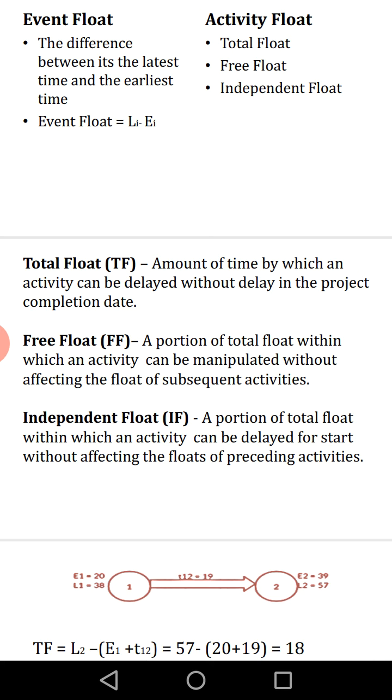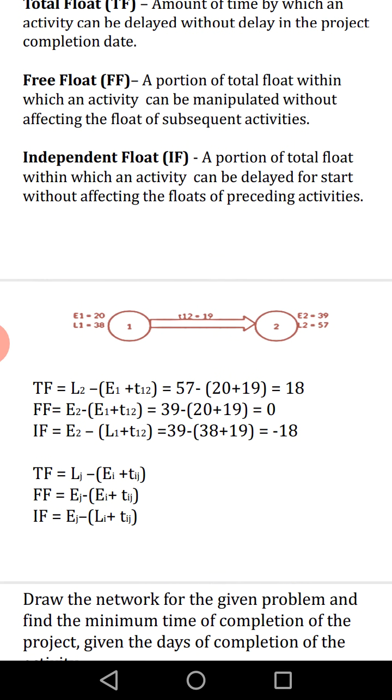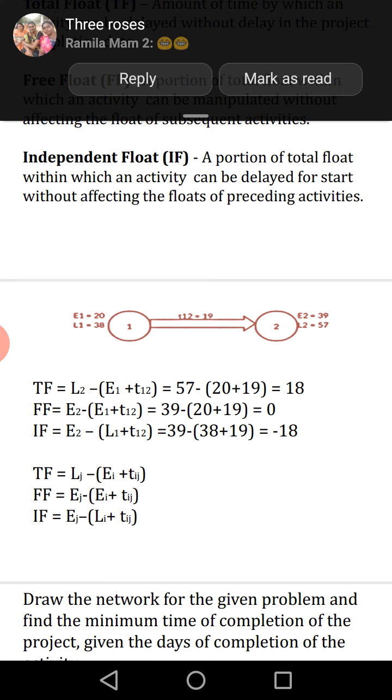So these are the three kinds of float, and now how to estimate these floats for an activity with given data. It's very simple. Now we are going to look at this. Here I am going to say your node 1 and node 2. You have E1, L1 and E2, L2, and the time period. We have the formulas to calculate the total float, free float and independent float.